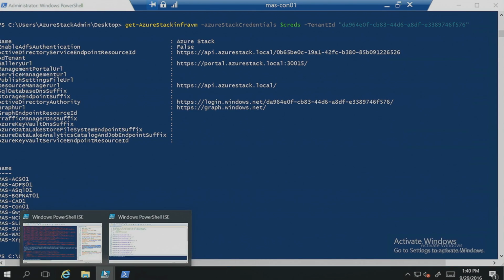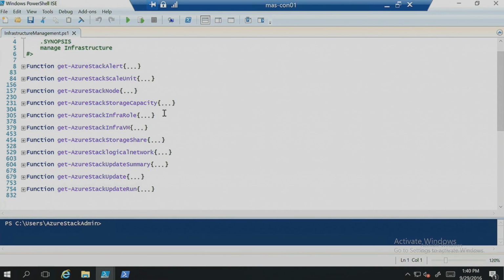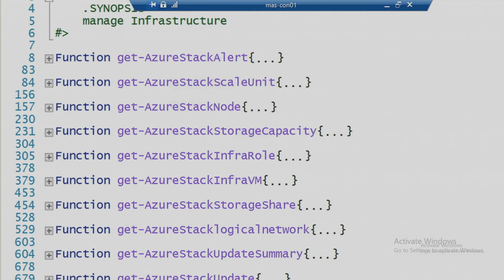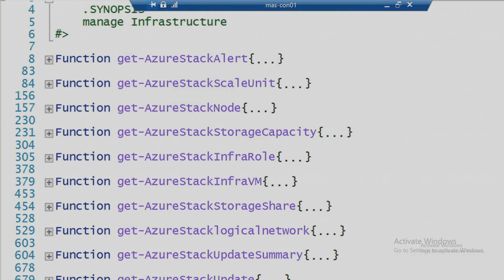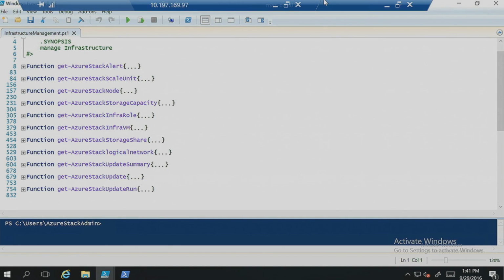I quickly show you what is in that module today, what are the functions that exist today. There is a couple of subsets that are available there today. As I said, I'm going to make it available on GitHub for you to get started. With that, let's flip back to the presentation.